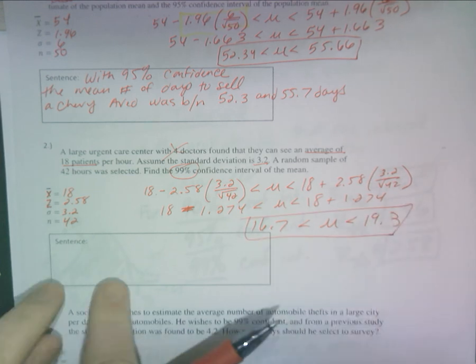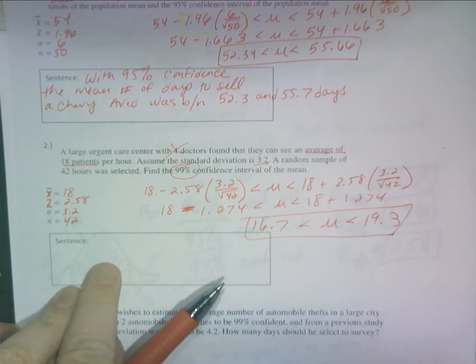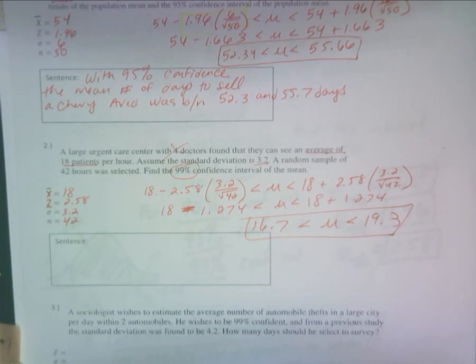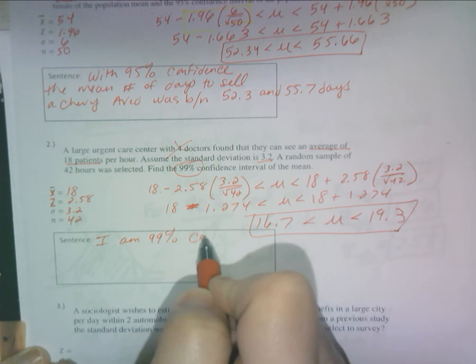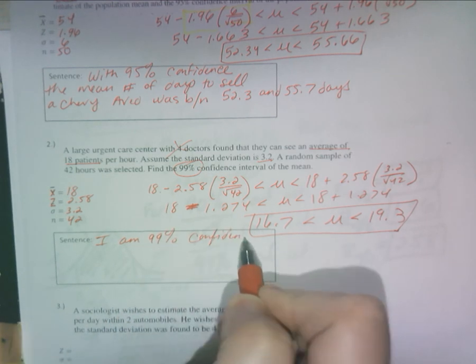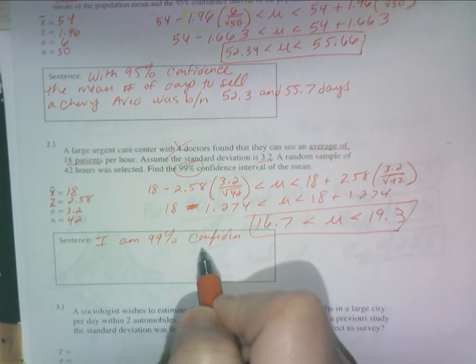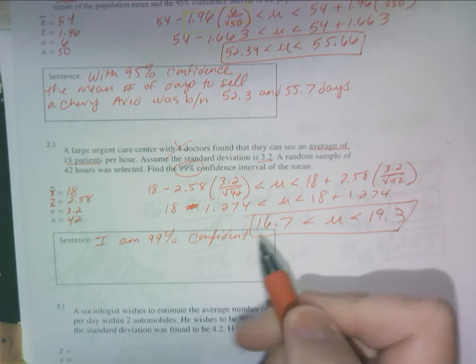And so here's the part, and I will take off points on the quiz if you don't say this. You can start your sentence in these two ways. You would say, with a 99% confidence, or you say, I am 99% confident. Either way is fine with me. So this one I wrote, I am 99% confident, because you are the statistician telling us this research. I am 99% confident